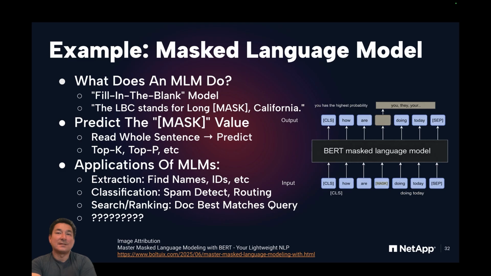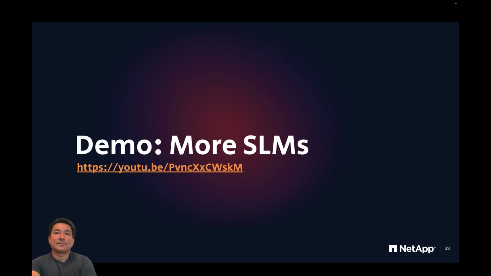A masked language model works by reading the whole sentence, looking at the blank space, and predicting the value. You have things like top P and top K to adjust your output. You might be asking yourself, what are you going to do with this masked language model? What can it be used for? And it's actually a surprisingly great number of things. You can extract file names or IDs, you can perform classification or routing, and believe it or not, you can even use it for search. If you're interested in watching this demo, I would invite you to click the link in the slide here to